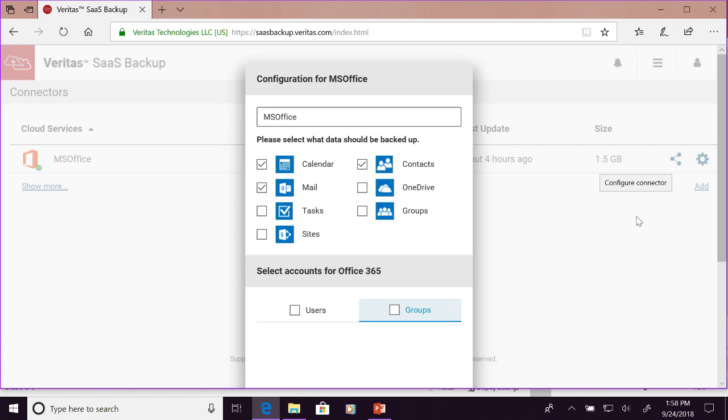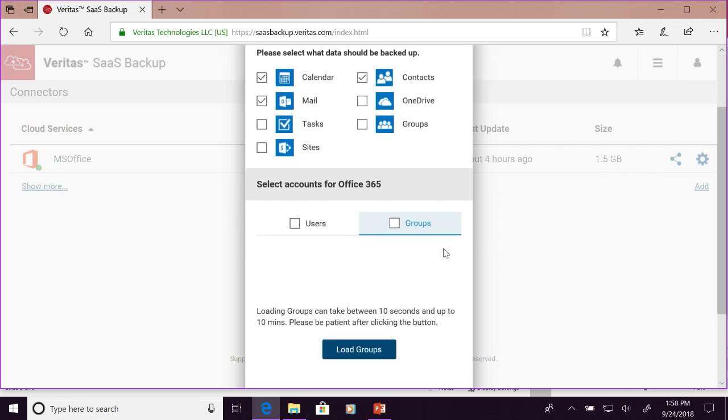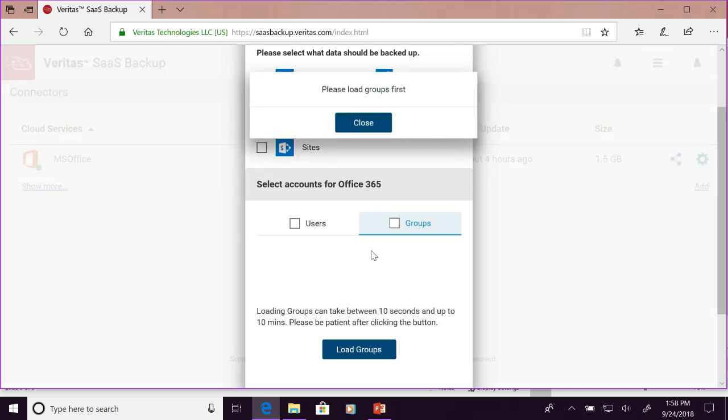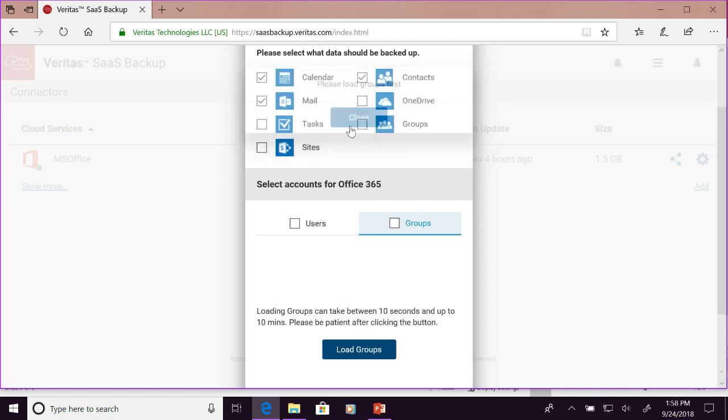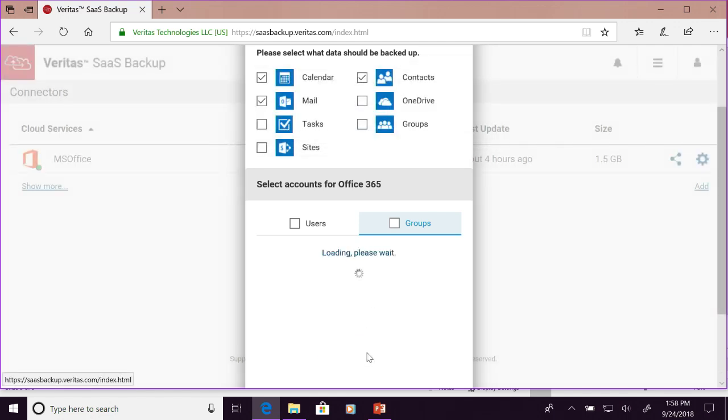You'll see that we can get all the mail aspects of it, but we can also get into OneDrive, and we can also get into your SharePoint infrastructure. So it's really up to you as to the level of detail that you would use for data protection. And then at the very bottom, which you're seeing here, is how do you want to protect this data? Do you want to do it by a group? And if I go into groups, let me quickly load my groups here. You'll see that I have all my groups here, such as marketing, sales,